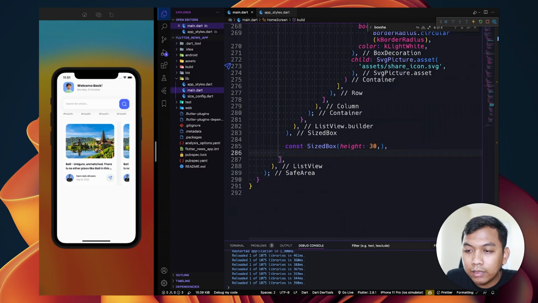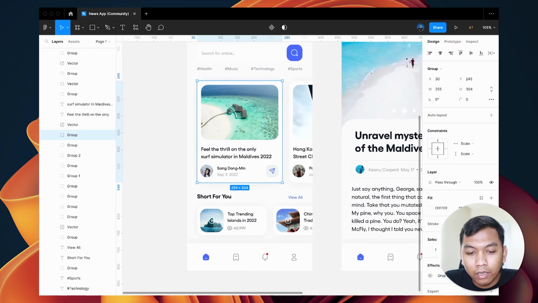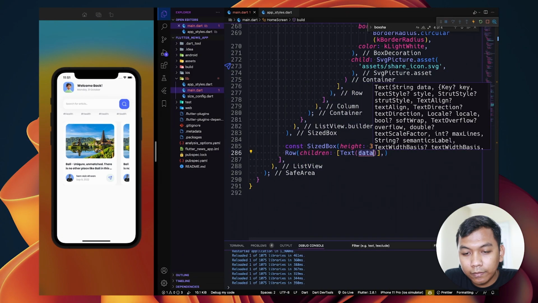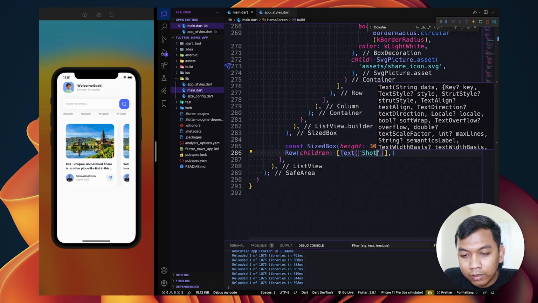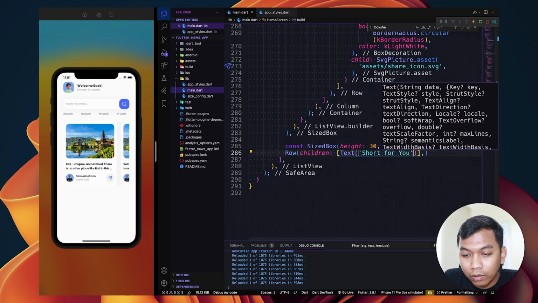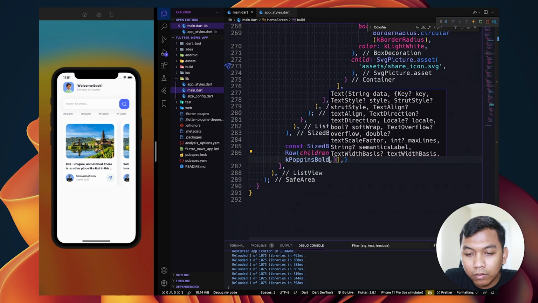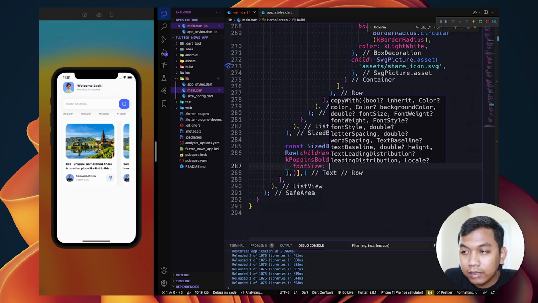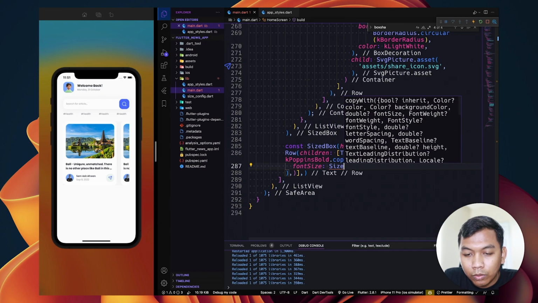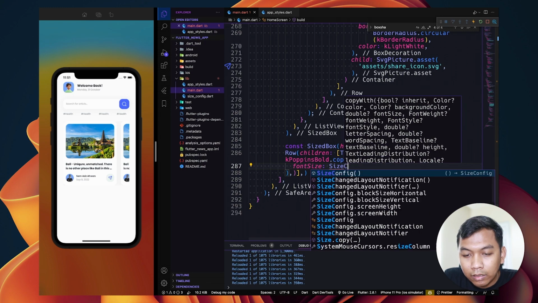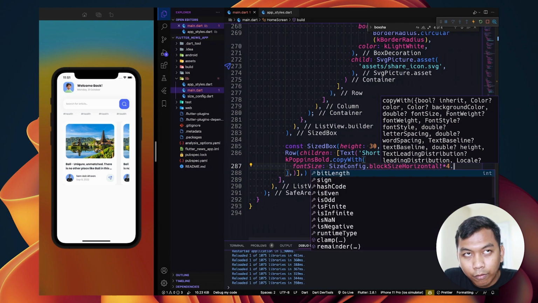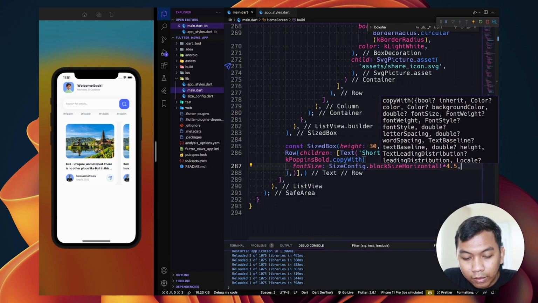And the next is a row widget that contains two text widgets, and the first is Short for you, and we will set the style to be Poppins bold, and we need to change the styling like the font size, and the font size should be 4.5 of the screen width.